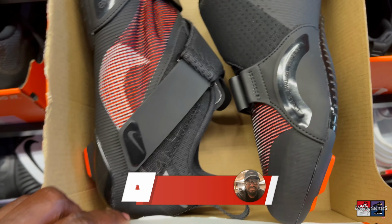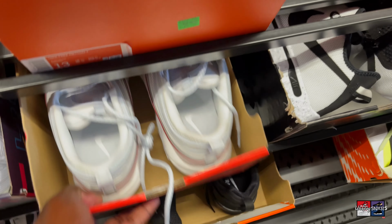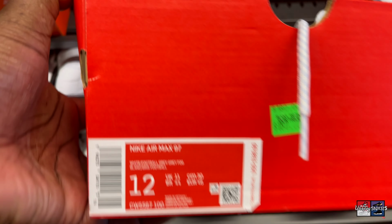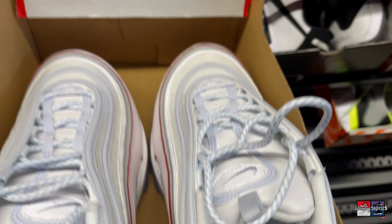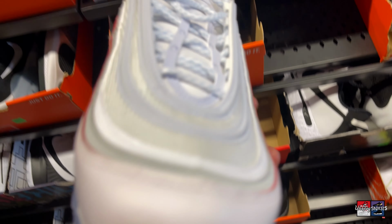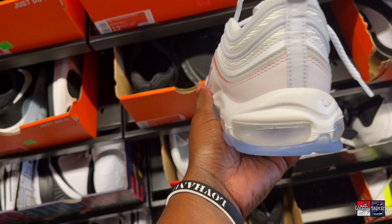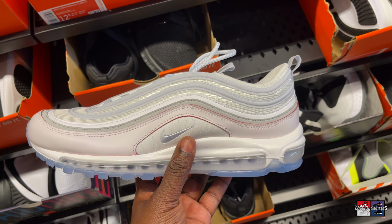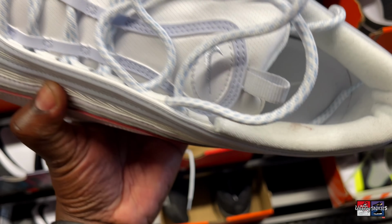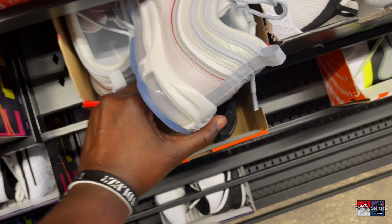What are these? It look like a football cleat. Look like an Air Max right here. Air Max 97, 180 for these. Take these out the box. Ooh. That's a dope colorway, but it's not my size. I think this is size 13. It's dirty, so I was gonna pass on that. But if it was my size,